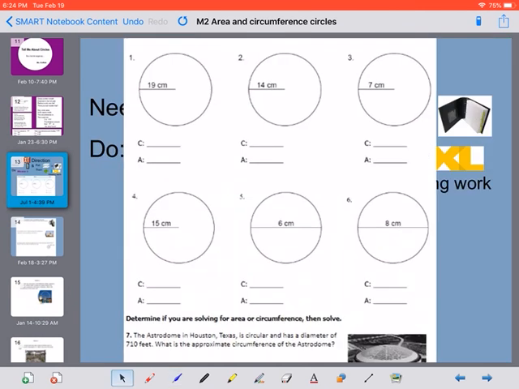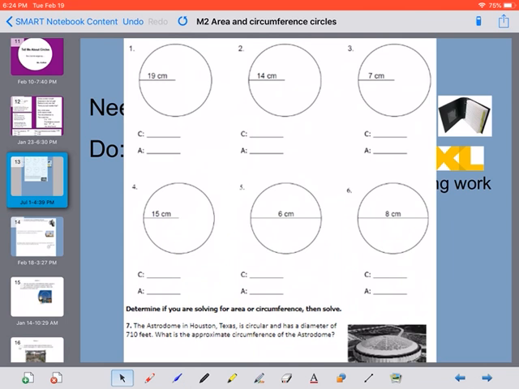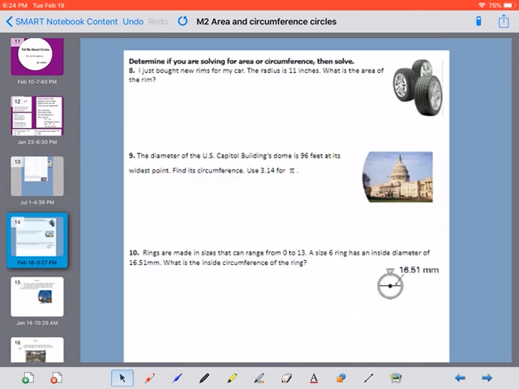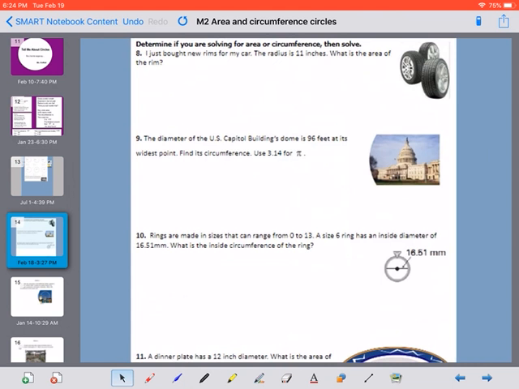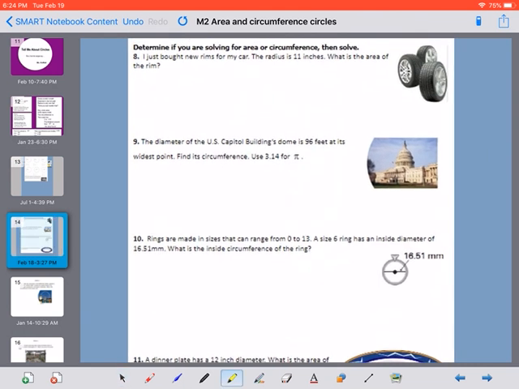All right, your homework is very similar to this. The front side, you have lots of circles where you just need to find area and circumference. And then on the back side, you have 4 word problems. Make sure you read if you are finding the area or the circumference. Some of the questions also have you use 3.1